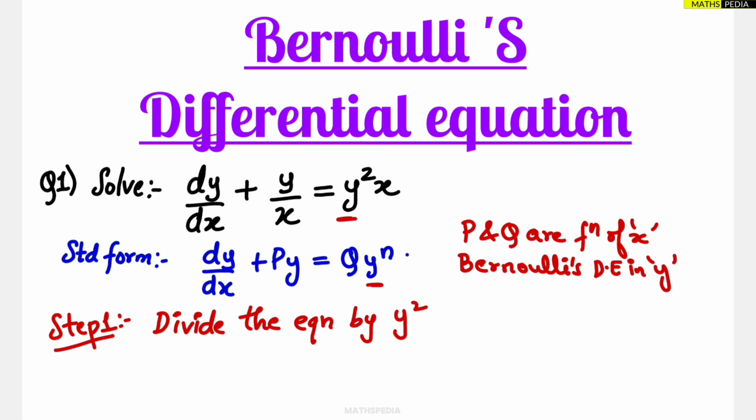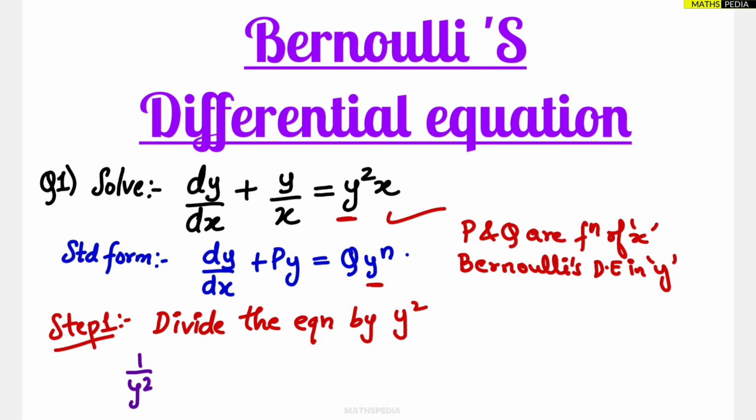See, confusion will be there. Here y variable is sitting, here x is sitting, so don't get confused. There is a difference between these two. So let us see. Divide the equation by y square. So we are going to divide this entire equation. So it becomes